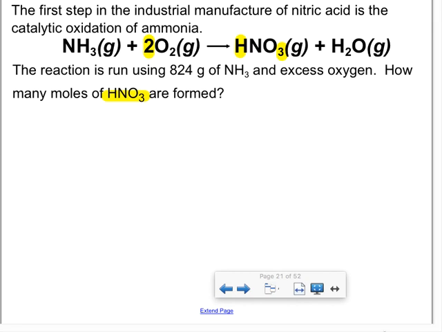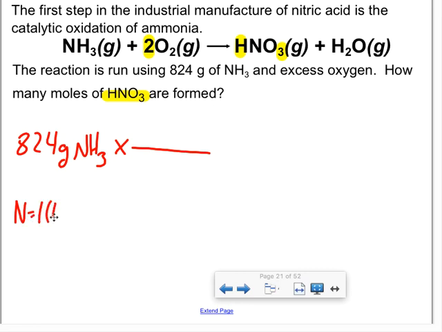So this is balanced. Second step, start with what you're given. You're going to use your molar mass first to get to moles, and then the mole ratio for your second conversion. So I'm given 824 grams of NH3. So my first conversion is the molar mass. What's the molar mass of NH3? So I got nitrogen at 14.01. Hydrogen, I got 3 of them, each at 1.01. And when I add that up, punch it in my calculator, 17.04